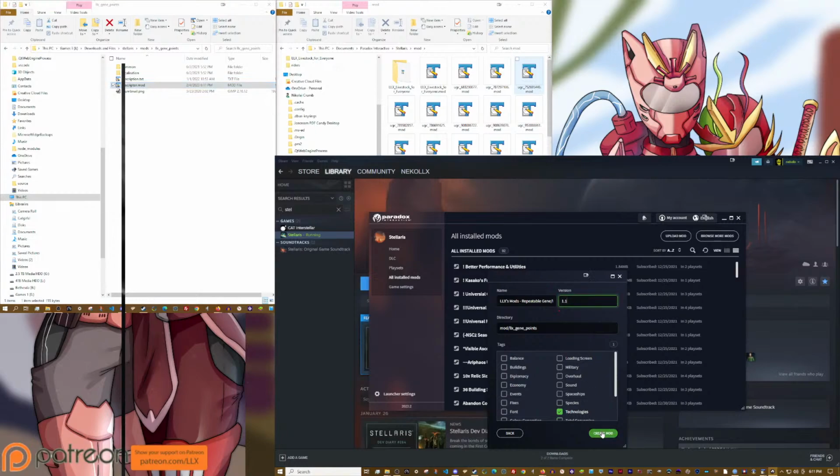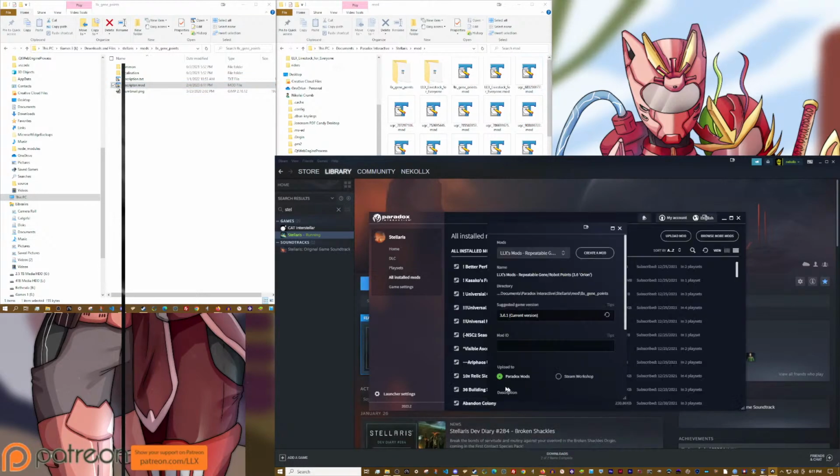Version 1.1. That creates it. Creating the folder right over there, as you can see here. And now,